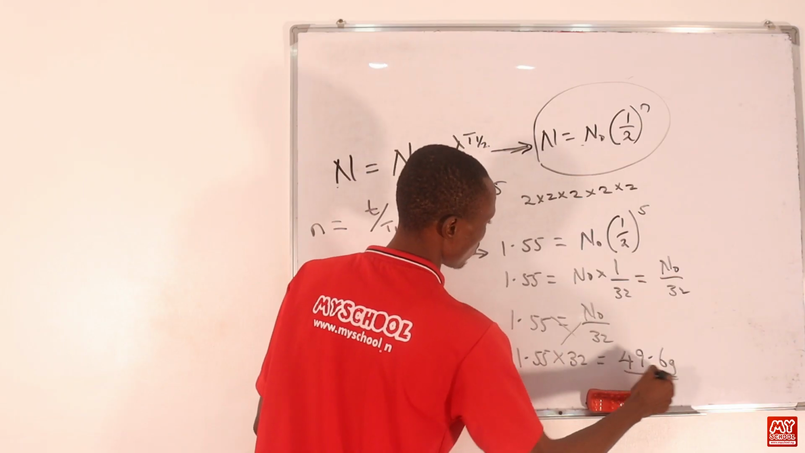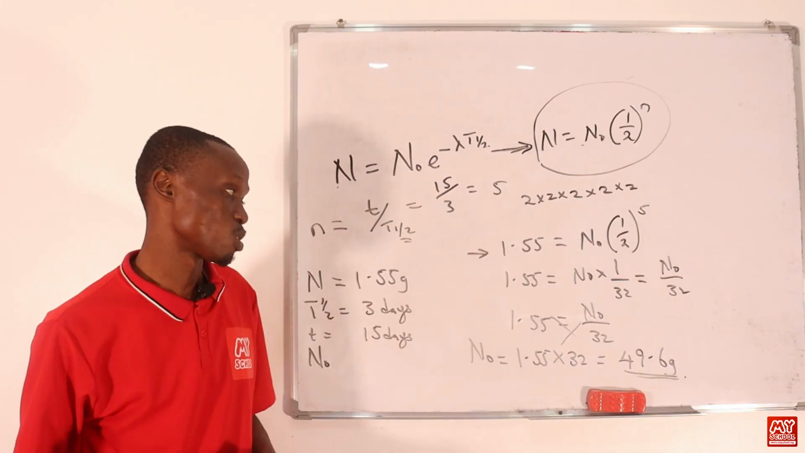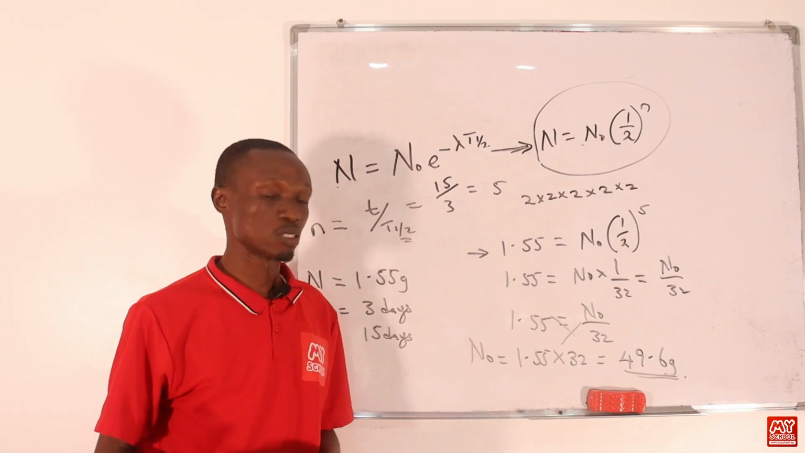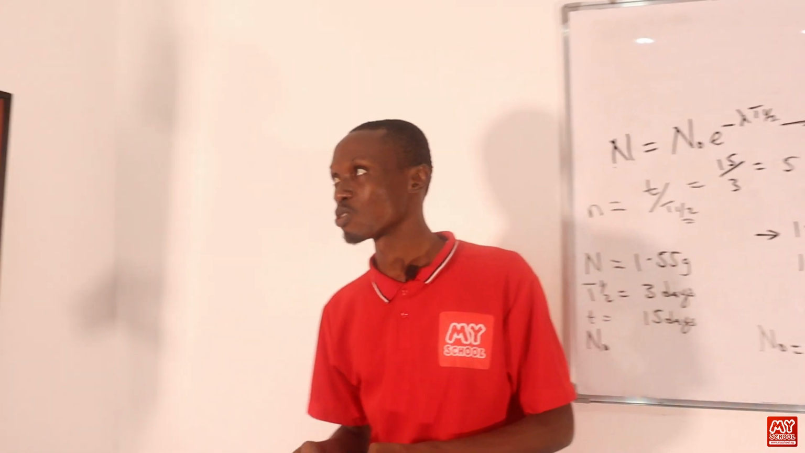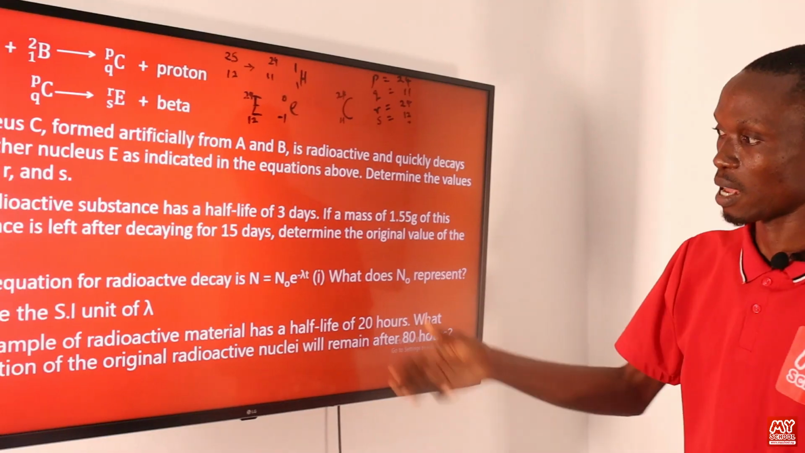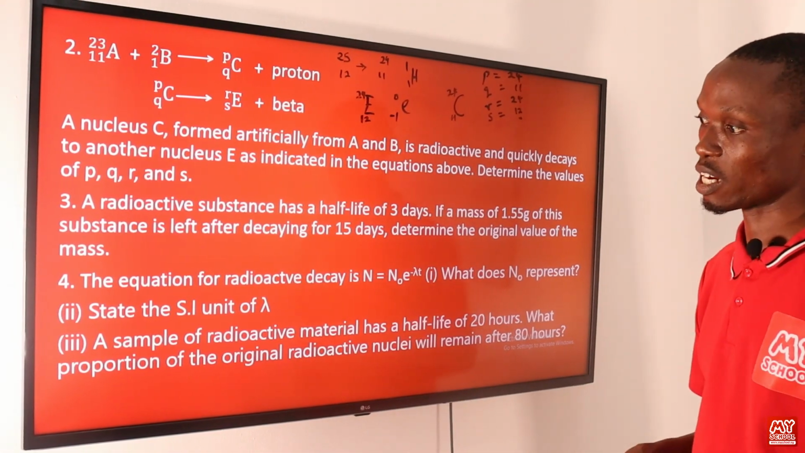49.6 grams. So the original value of the mass is equal to 49.6 grams. So let's return back to the screen to answer the remaining question, and that should be